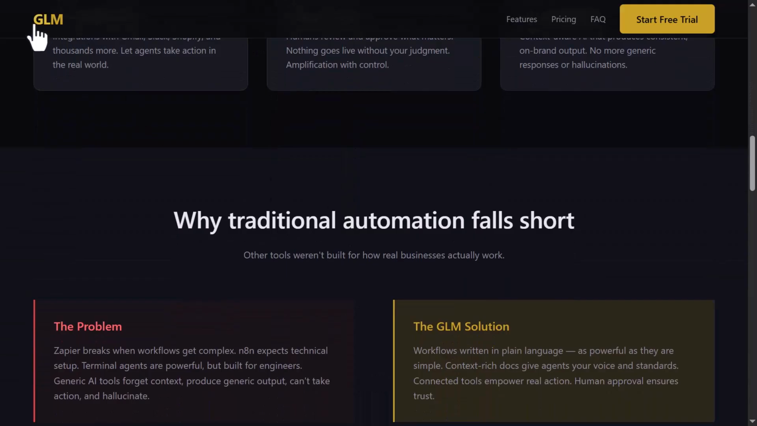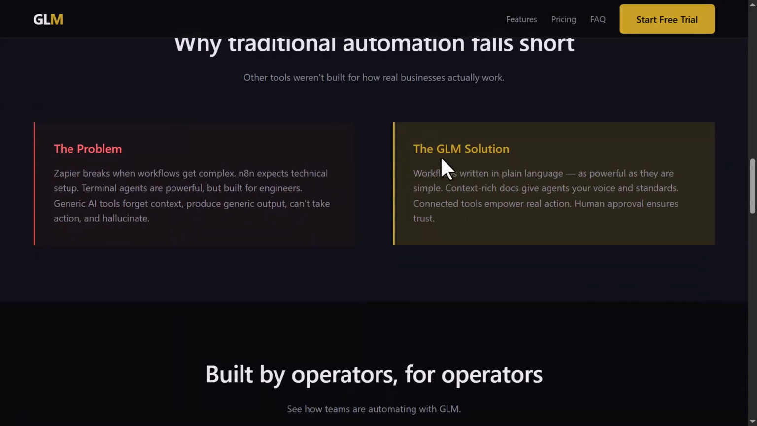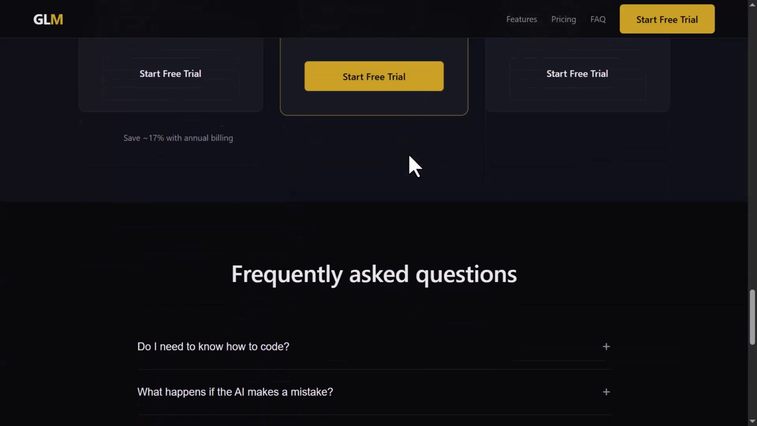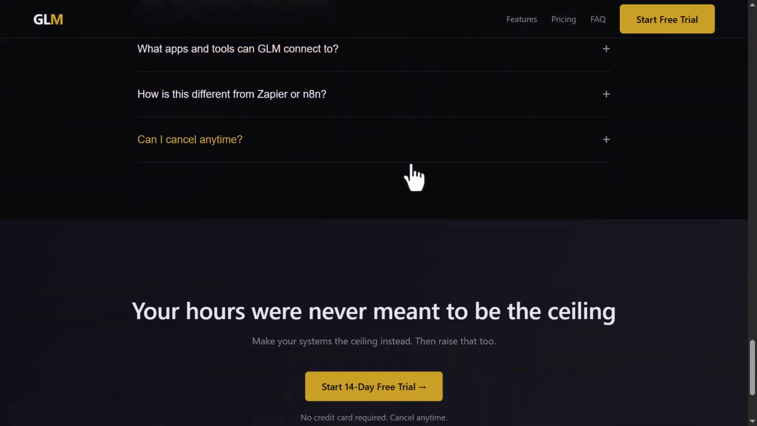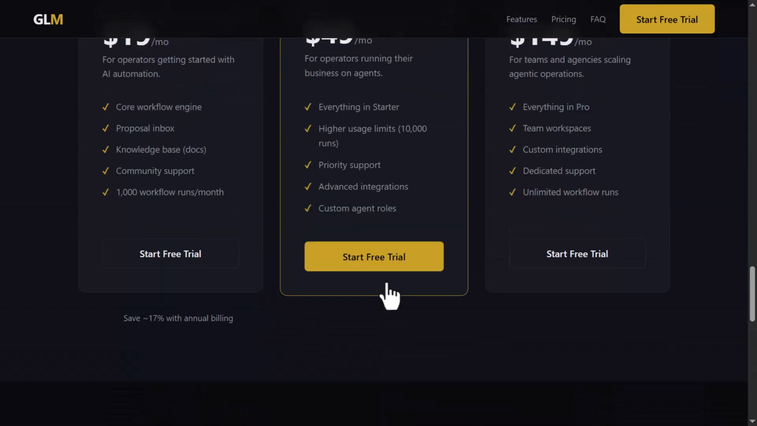And man, look at this. It still made it a GLM page. It's still trying to sell GLM. I mean, I guess that's fair. It did say sales page GLM. Why traditional automation falls short. The problem, the GLM solution. Man, you built by operators for operators. Pricing looks pretty good. FAQ. It did a lot of the things exactly the same. Interesting. So, all right, random weirdness aside,